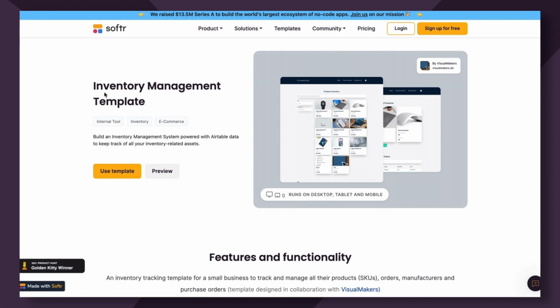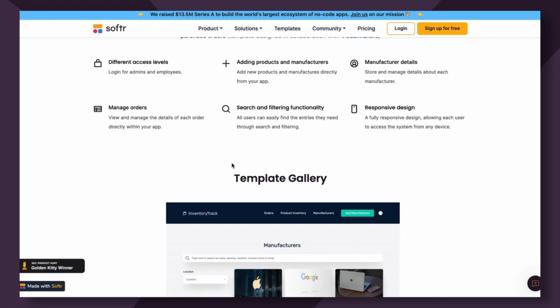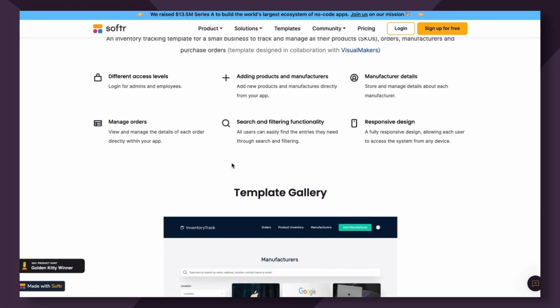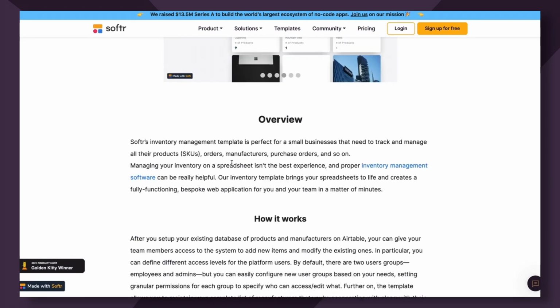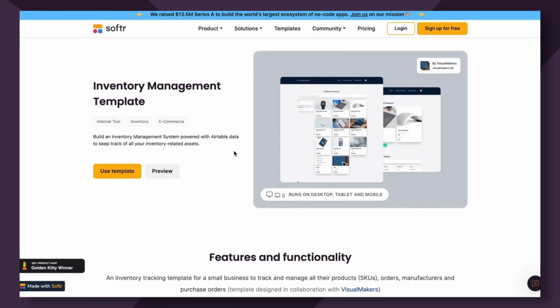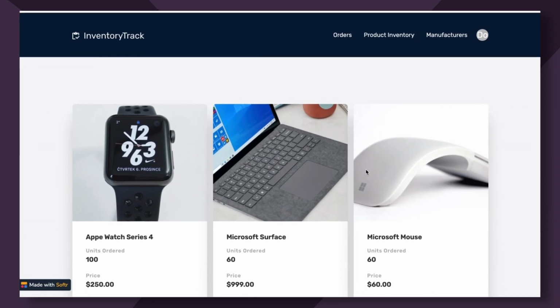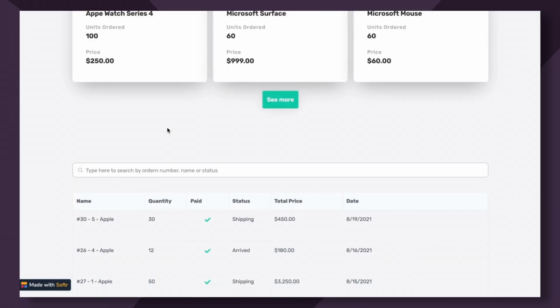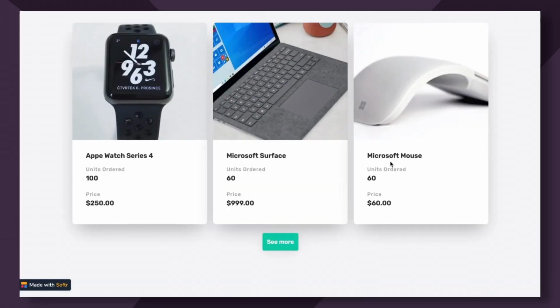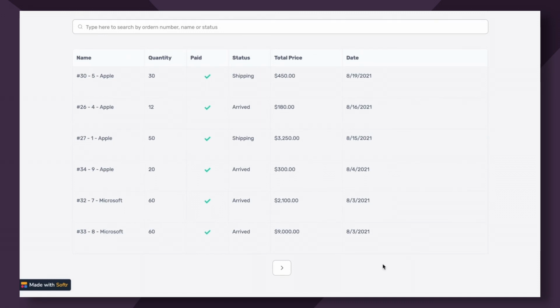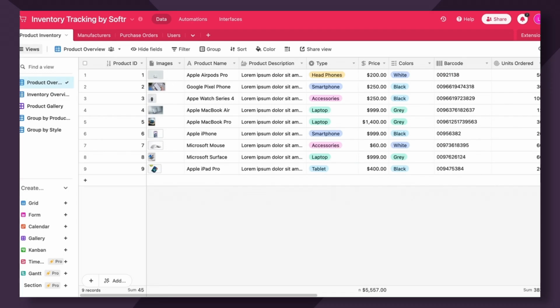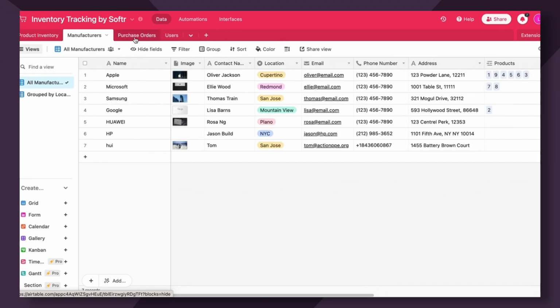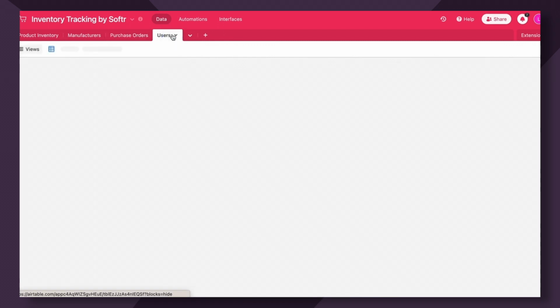So I've landed on the inventory management template, which is found on the Softr website. You can use this template and copy it into your Softr Studio for free. So if we take a quick look at the template, you'll see it's an inventory tracking template that showcases products as well as purchase orders and manufacturers. It's linked to this Airtable database here, where the tables consist of product inventory, manufacturers, purchase orders, and of course,